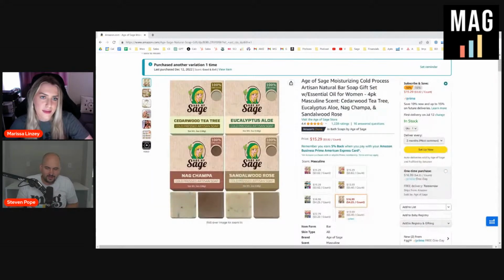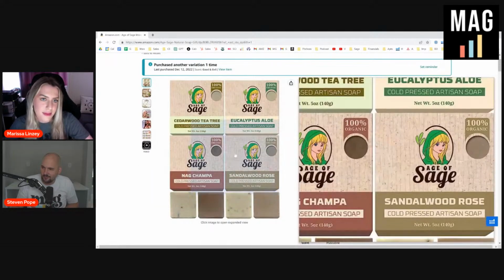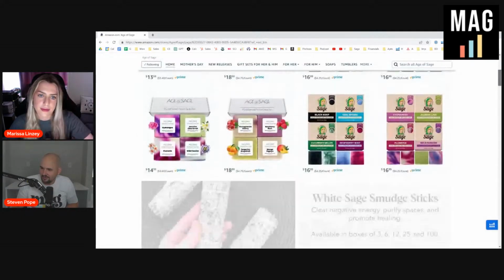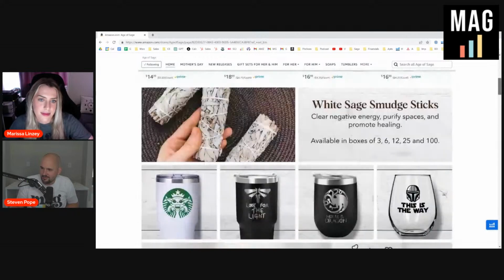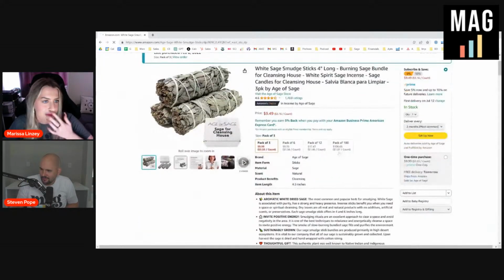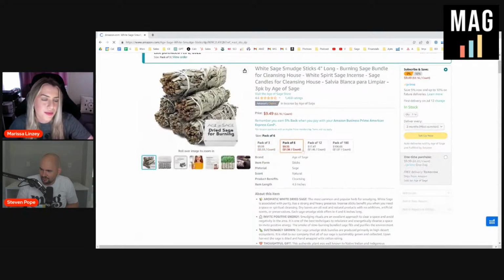Can't ignore the data. So I was going to see if I could find one of my products that's on sale right now, so you guys can see what the discount looks like. So maybe the Sage Stick sale stuck. Nope, not on the 3-pack. What about the 6? 6 looks really low right now.